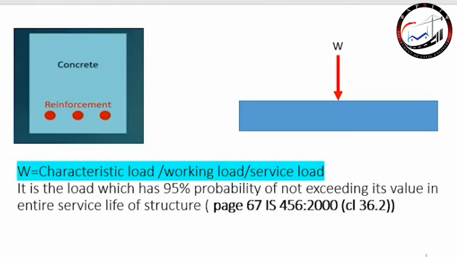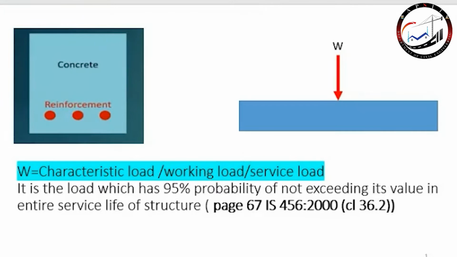You have considered all this load, but if you remember there, you have only considered the load acting. You have not considered the material which is there. You have not considered the dimensions of that particular section, maybe it is a column or a beam. You have not considered dimensions in terms of the 3D views. So now in designing, we are going to design these structures. And how are we going to design it? We are going to design it in such a way that some safety as well as serviceability conditions are satisfied.